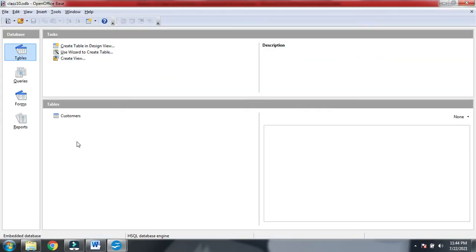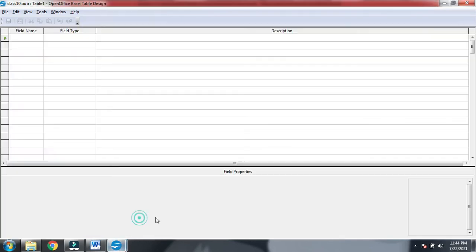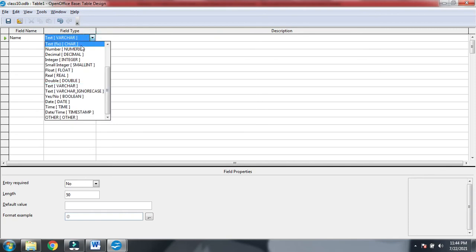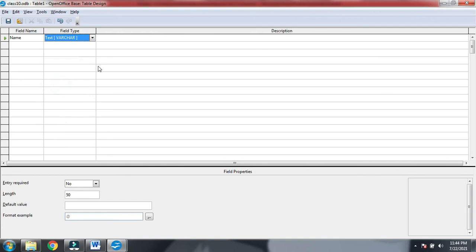Okay, so I have these things written, so I will directly start working. Field name, first one is name. Data type is varchar. By default it will always come varchar, so here we have the option text varchar. Now length was 50, so length is automatically 50. Otherwise, if it is a different one, I would have changed it.